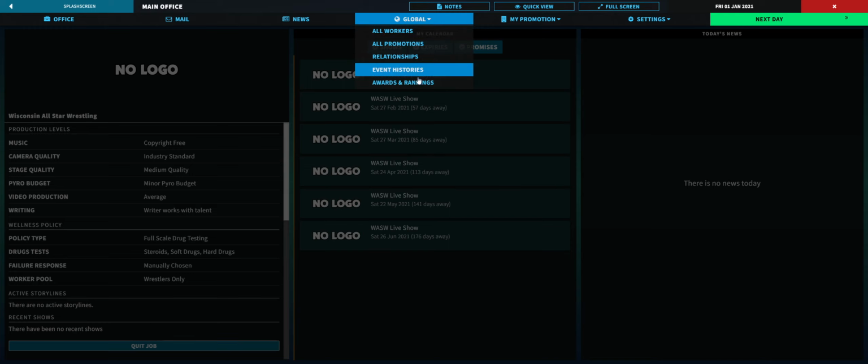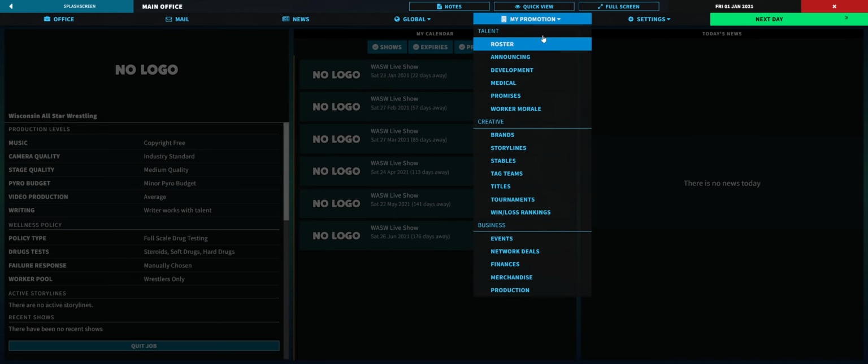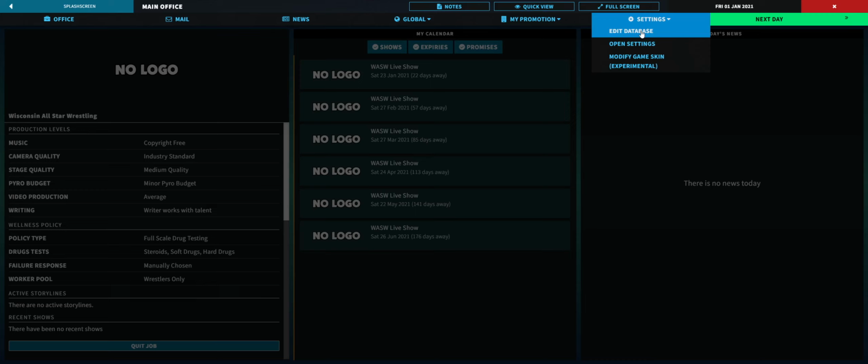So, since there's none of that, there's no history, no event histories, no awards and rankings. You can do my promotion and see all this stuff like brands, storylines, stables, which is more than a tag team, which could be like 3 to 4, maybe 5 people. Your titles, your tournaments, your win-loss rankings, events, network deals, finances, merchandise, production, all that nature. And then your settings, you can go edit the database throughout the game, open settings, modify skin,